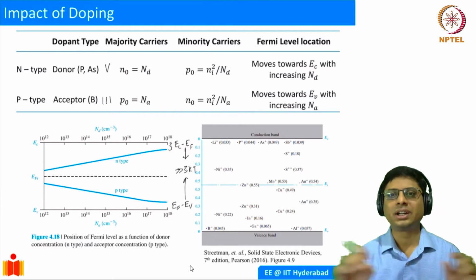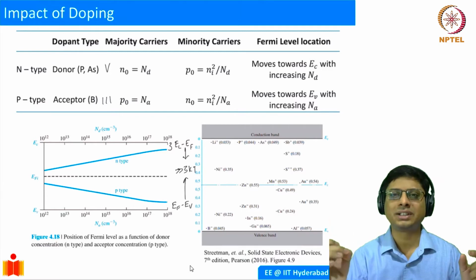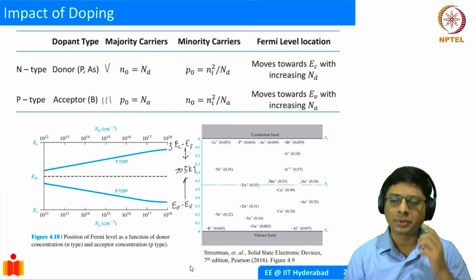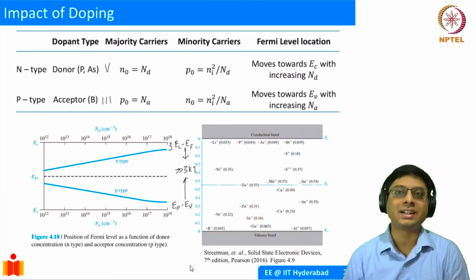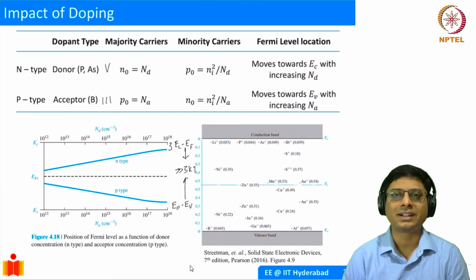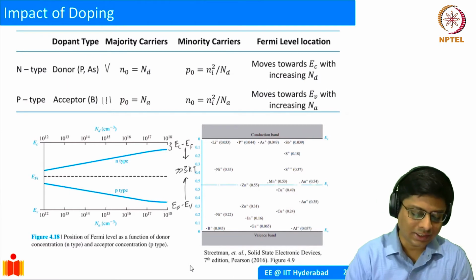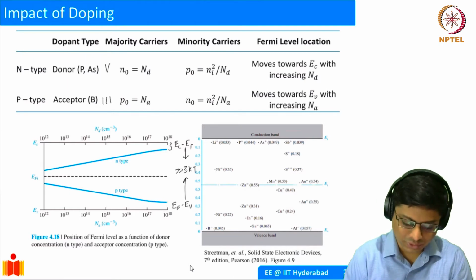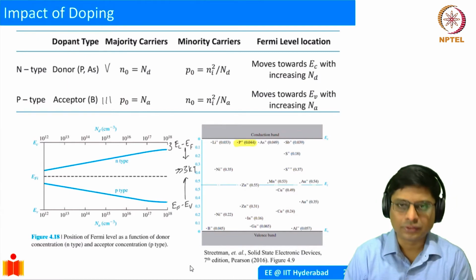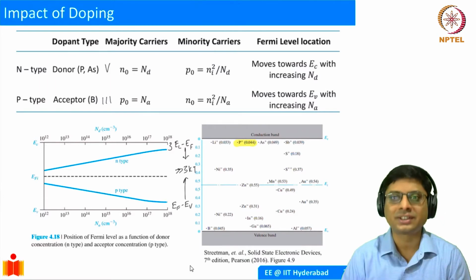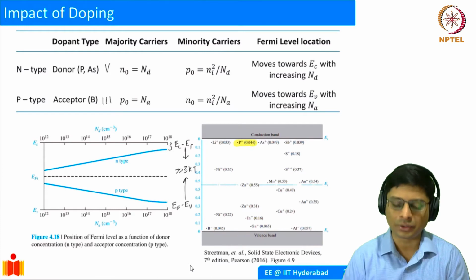We said that the donor level is going to be slightly below EC and the acceptor level is going to be slightly above EV. But how did we come to that? Well, you could actually calculate the energy levels. We can calculate how a defect in a silicon lattice behaves, and then we can determine what the energy level of the defect is. Here some examples are shown. For example, phosphorus. Phosphorus has an ionization energy of about 45 milli electron volts.